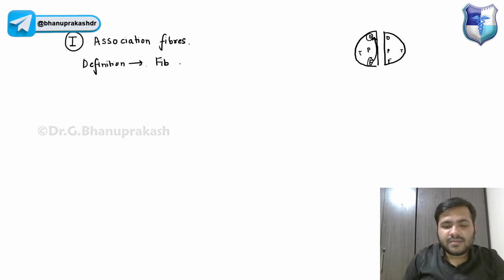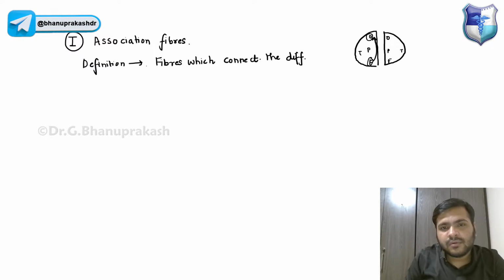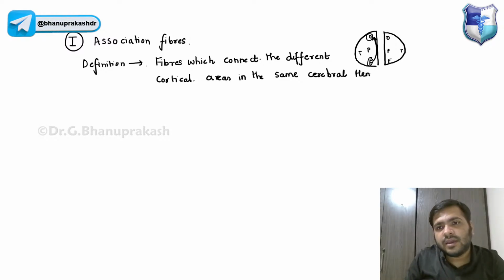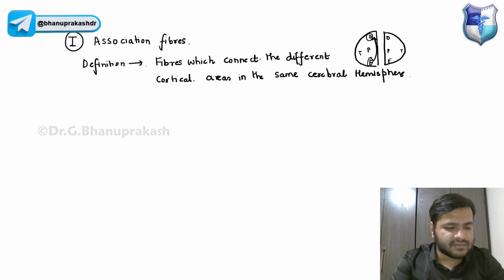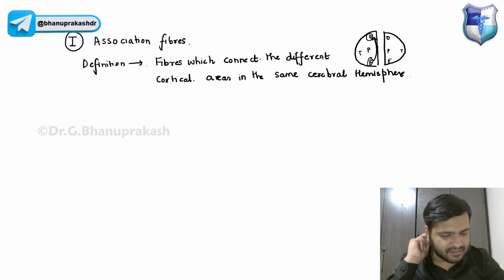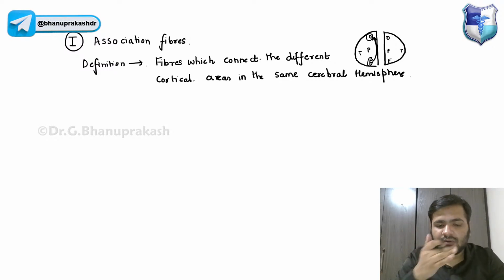Now, the definition basically states that these are the fibers which connect the different cortical areas in the same cerebral hemisphere. Basically, these are the fibers which connect the different cortical areas in the same cerebral hemisphere. Very good. Now, guys, over here,